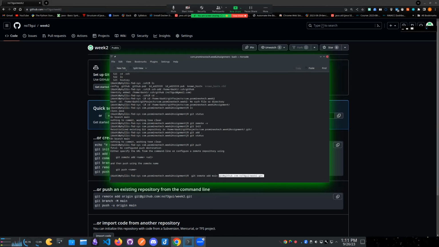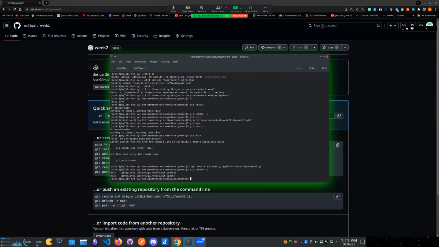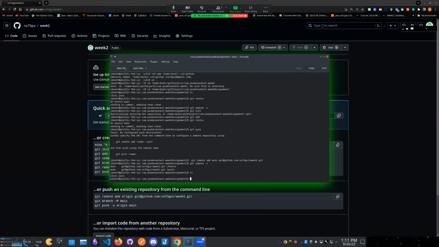What this is going to do is add the remote repository. So now if we git remote -v, you see that we have a fetch and a push to the main. So now we should be able to git push